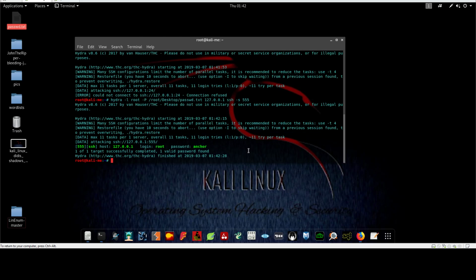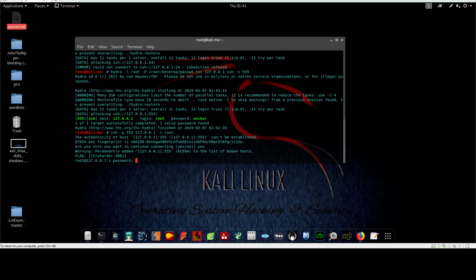So let's log into this client. Root at okay. I think I should use over here. I'm not sure if this is correct, but we should use the listening port, 555, in order to log in to this. So I'm gonna just go back and specify the port, which is 555, and then I'm gonna specify the local loopback, and after that, I'm assuming that I'm trying to log in with root access, which is the credential I've discovered. Click on yes, and the password is anchor